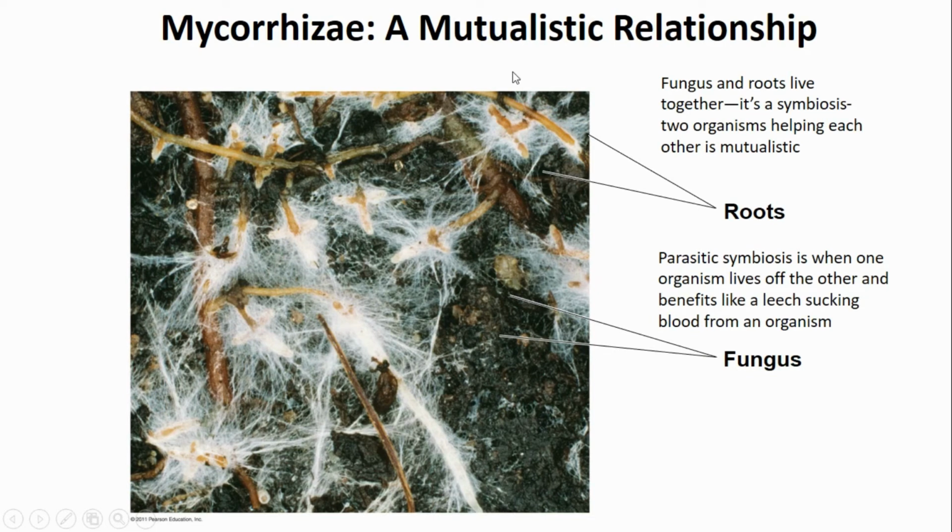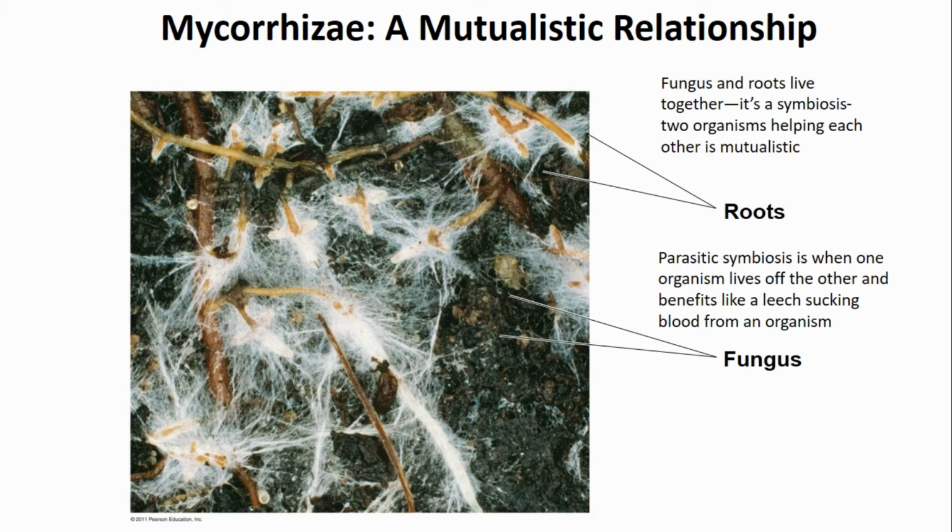Mycorrhizae is a mutualistic relationship, and I think Crew Michael talked about this. Fungus and roots live together, it's a symbiosis, two organisms helping each other. That's mutualistic. The fungus normally helps with nitrogen fixation and the nitrogen cycle that we talked about previously. But in further detail, it's a fungus specifically tied to the roots of the plant that allow the plant to